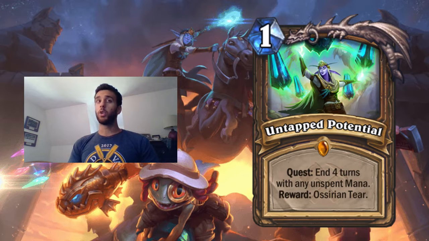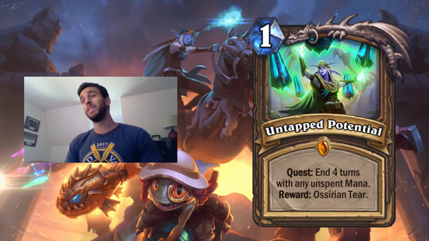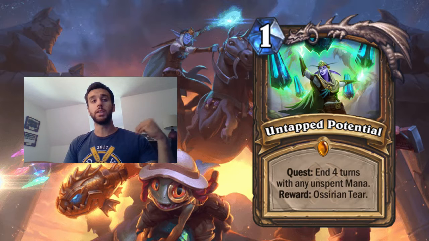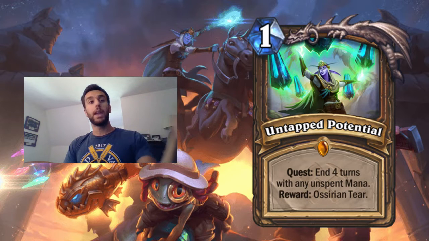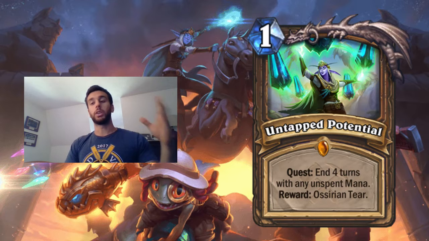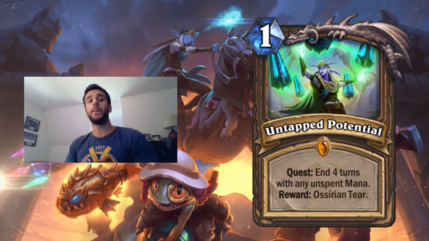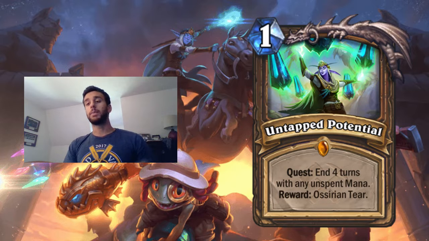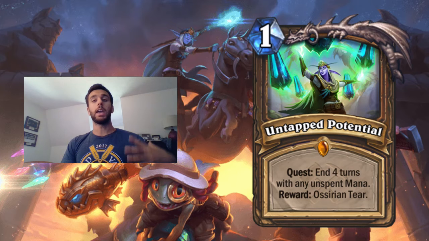You can get steamrolled by aggro, which is one big downfall. If you get steamrolled by aggro when the turns you're trying to not play your mana, so you're trying to get untapped potential to trigger as early as possible, but because you're not using your mana efficiently and you're not making active plays and proactive plays as often, you're going to have a really hard time keeping up with really fast aggro decks. So things like Zoo, Warlock, and Token Druid could have a really high chance to just overwhelm